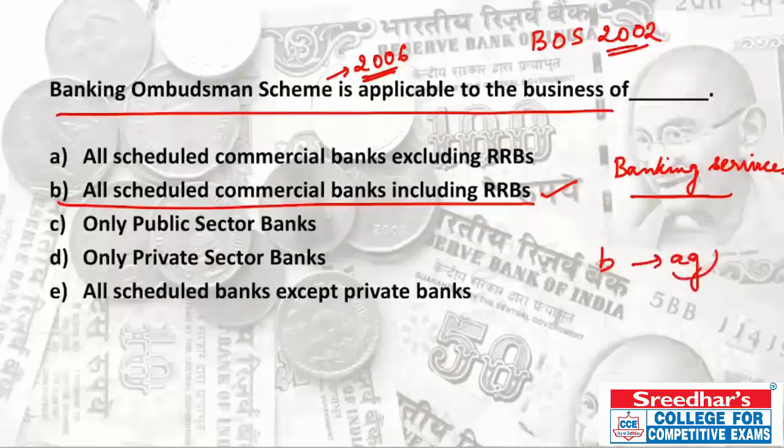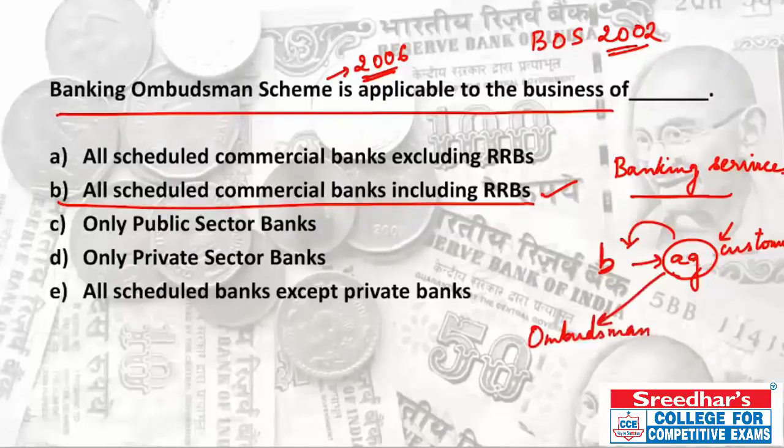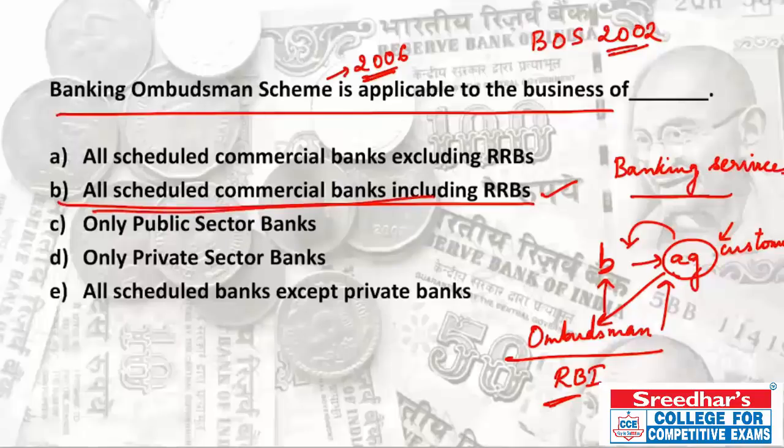Say for example, the aggrieved parties are customers here. We are the customers, and we have some issue with the bank we are banking with. So these ombudsmen are agents of RBI who will look into our grievances. They will settle the matter by arriving at an agreement or by passing an award. Suppose the banks fail, they can be levied some penalty by the ombudsman. So the Ombudsman Scheme is designed for all scheduled commercial banks including the RRBs.